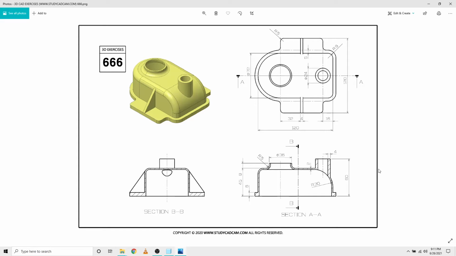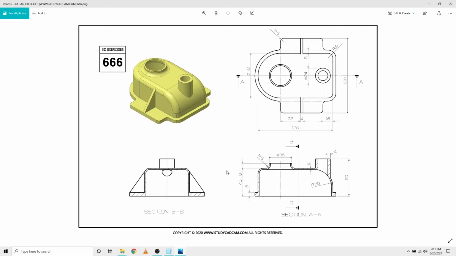So if you look into the drawing closely, you have three features that are varying in their thickness. For example, if I'm considering this shell, it is having a thickness of 2 mm, and if I'm considering this feature, which is a hollow cylinder, it has a thickness of 4 mm. And if you consider this bottom pad where the rib is attached, it is having a thickness of 6 mm.